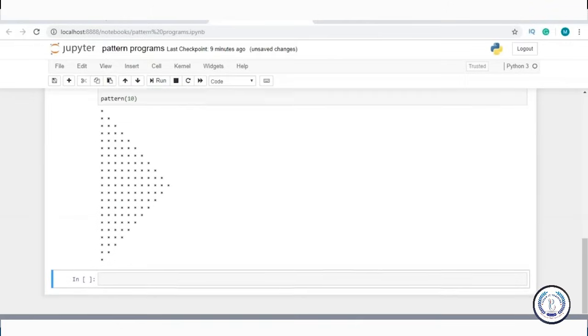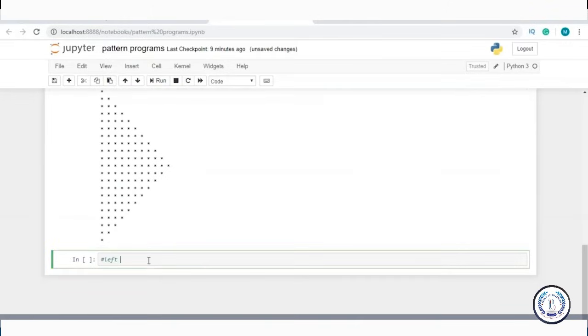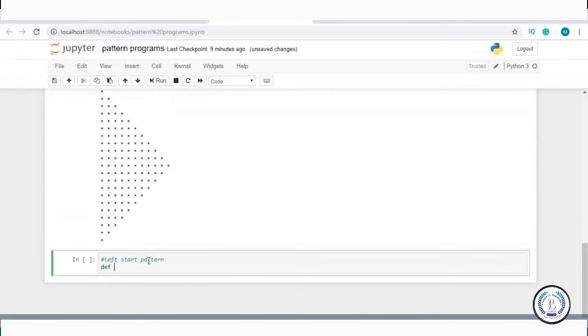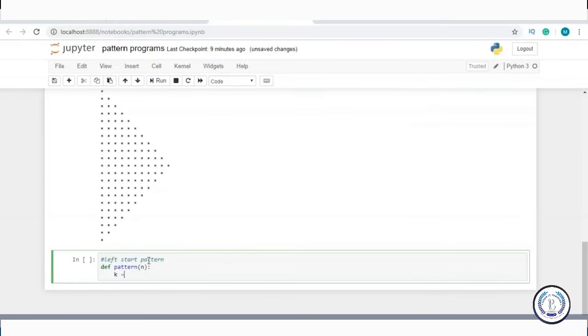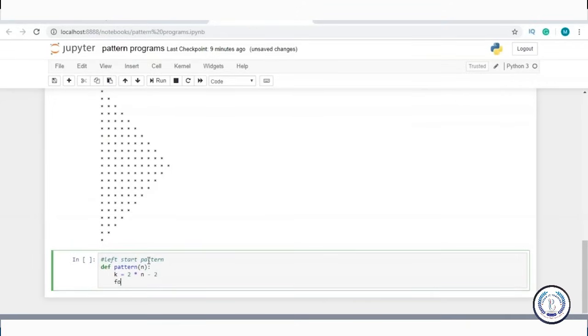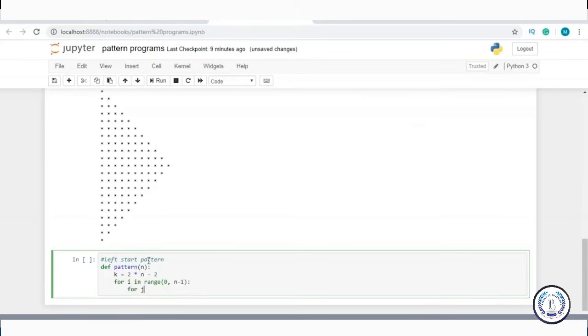And let's take a look at the next program that we have, which is a left start pattern. So for this, I'm going to take pattern again, specify n, and after this I'm going to take one variable for spaces because we're going towards the left side. So what I'll do is I'll just write k is equal to 2 into n minus 2, and again I'll take a loop for outer rows, and inside this I'll specify the range as 0 and n minus 1. For the columns I will take for j in range 0 to k,